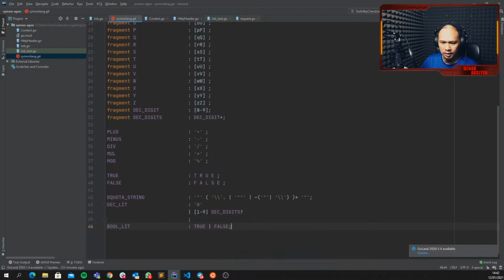And then we can put what we call a literal. We have an integer. Do we have an integer? Yeah, decimal literal, we call it, let's put it as integer literal, string literal,